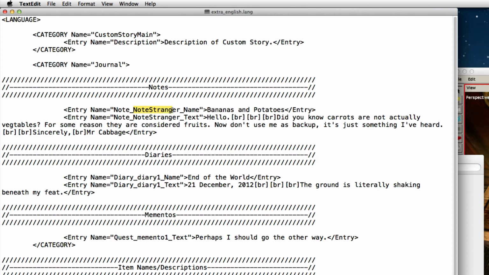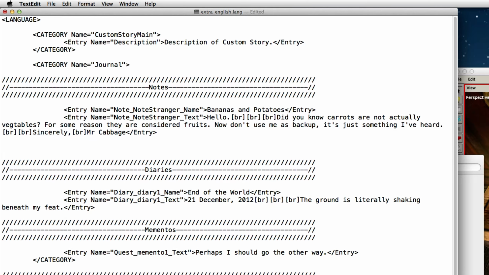But you must pay attention to what is inside here. So let's just make a new one, I suppose. And I'm just probably going to use the same text, but you just do opening and closing diamond brackets, and you'd write entry with capital E space and name with capital N equals quote quote, and you write note capital N underscore.